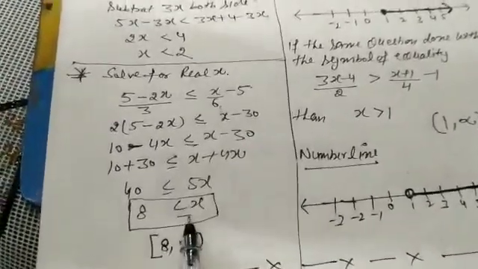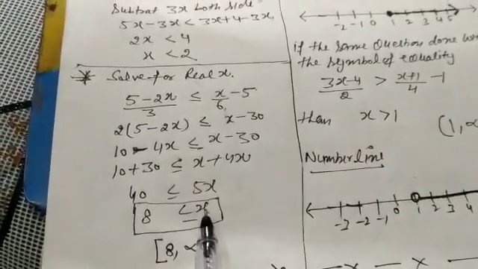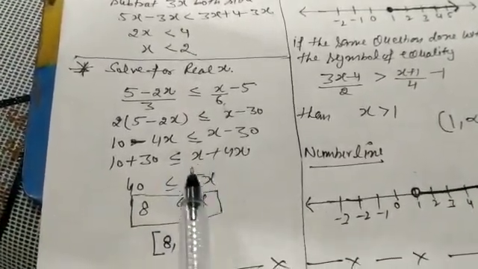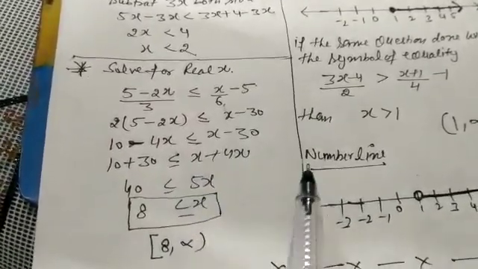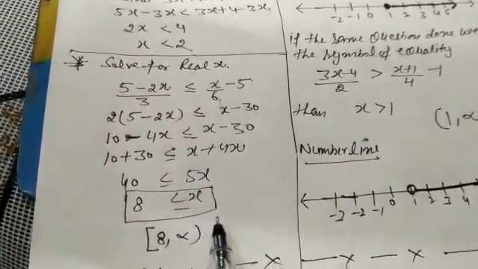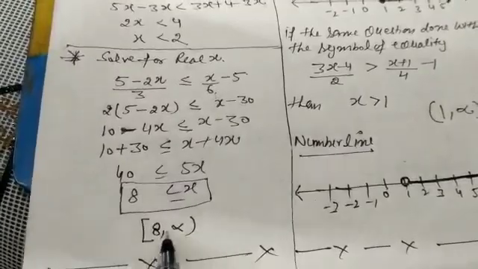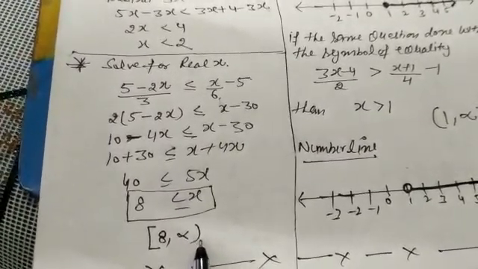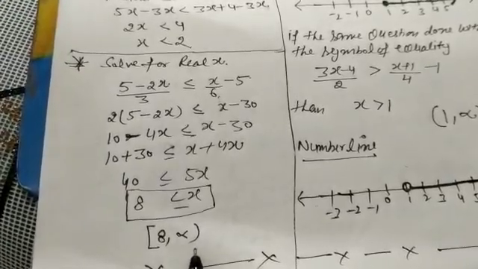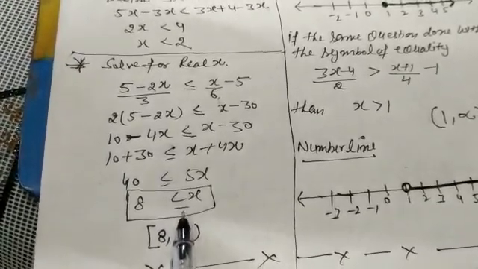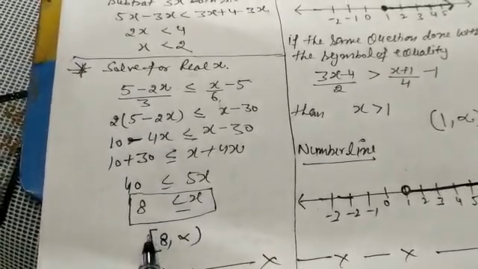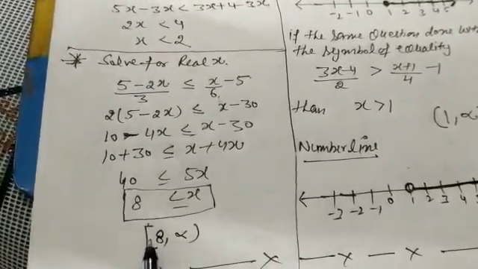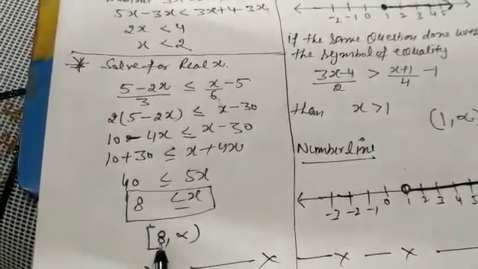Remember here, in this case it is equal to, your x should be greater than 8, meaning 9, 10, 11, 8.1, 8.2, 8.5, 10.5, any value can be taken. Due to that, it is written as 8 to infinity. We can never reach infinity, therefore we apply an open bracket with infinity. But there is a symbol of equality, due to that its bracket is closed. This is called a closed bracket. Closed bracket means this value is included.